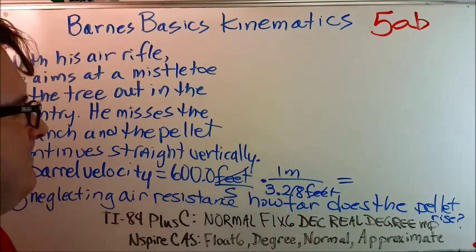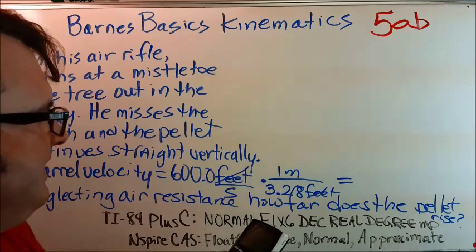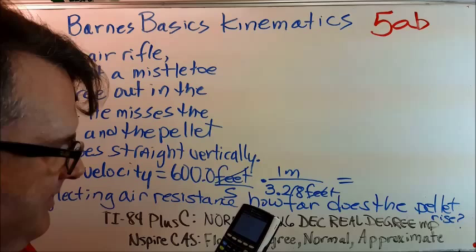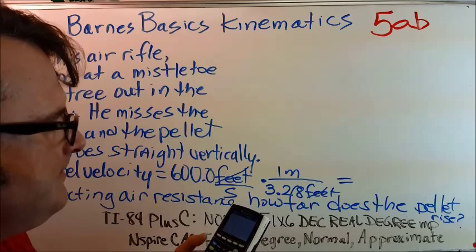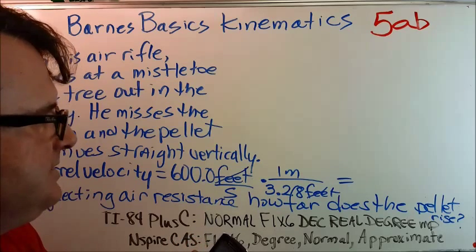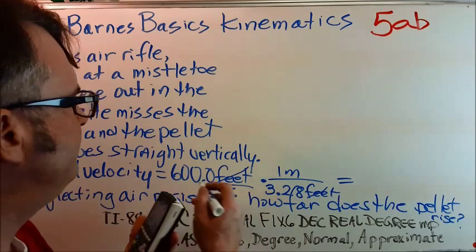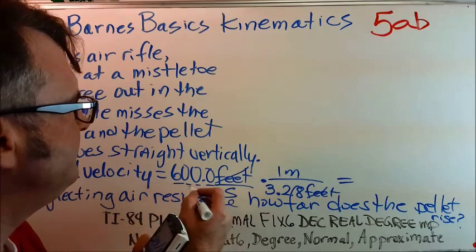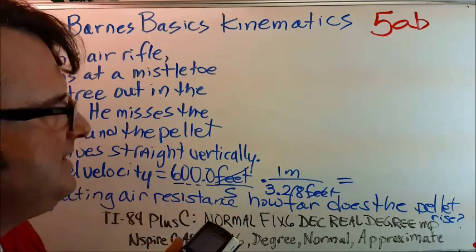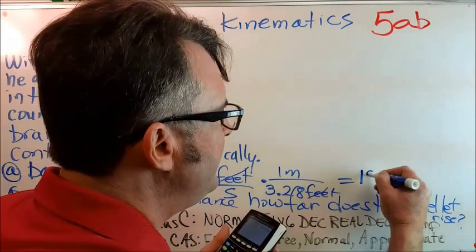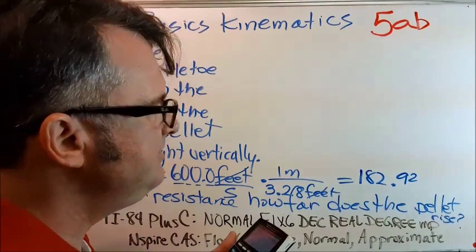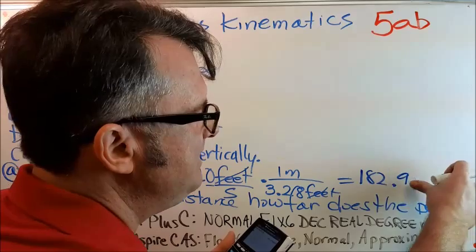So to solve this problem, 600 divided by 3.28. Let's go 600.0 divided by 3.28 and hit enter. And I get 182.92. Let's go with 4 sig figs. This has 4 sig figs: one whole number and then 4 zeros to the right of a whole number associated with a decimal. So let's go with 182 point, it's 92, but the 2 is not going to make that 9 go up, so we're going to leave it as